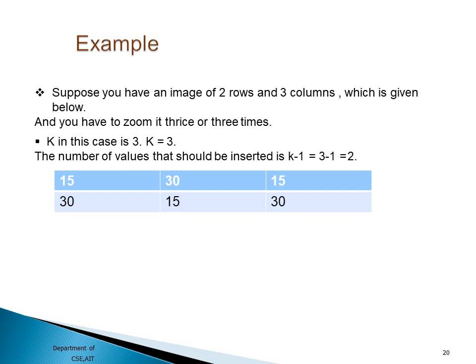So in between 15 and 30, you are going to get 2 values. In between 30 and 15, you are also going to get 2 values. So the number of values inserted will be equal to 2, which is k minus 1. I have one image over here which is 15, 30, 15, 30, 15, 30. We'll see how it works when we zoom with respect to k.